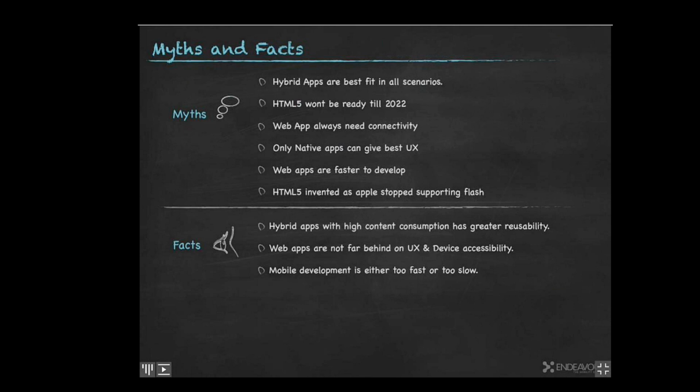The next one is native apps can only give the best user experience. Well, the user experience is how it looks, how useful it is, how smooth and fluid, and how contextual the design feels as you move from one part of it to the next. You can implement some pretty slick stuff now using appropriate CSS and HTML and JavaScript constructs. And there are some cool apps. We'll actually mention a couple of these. So, it can be done, but it's going to be more work. Next is web apps are just faster to develop.